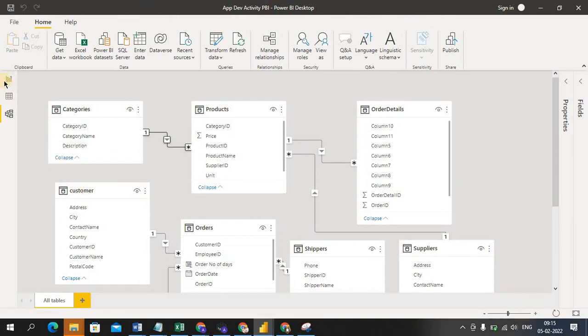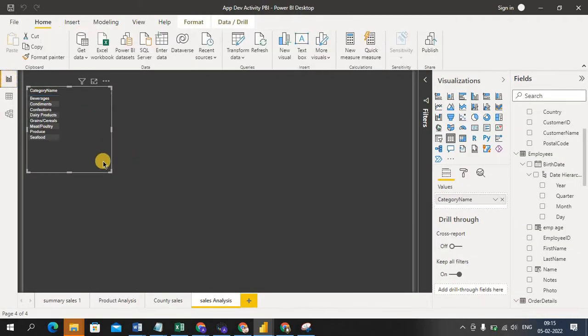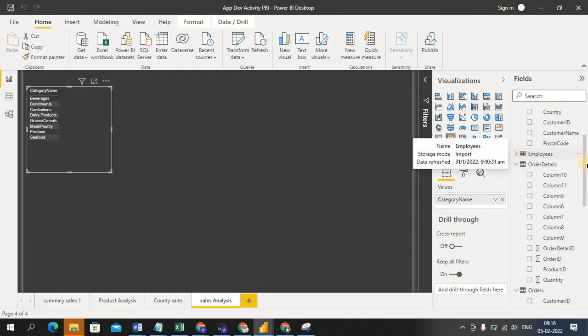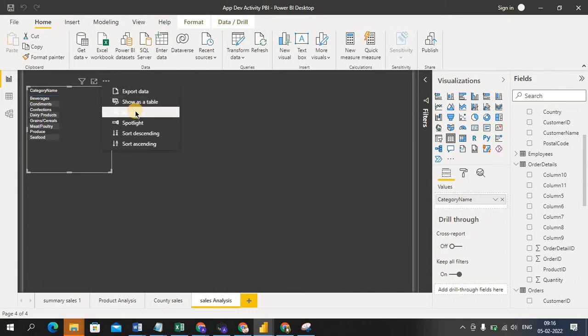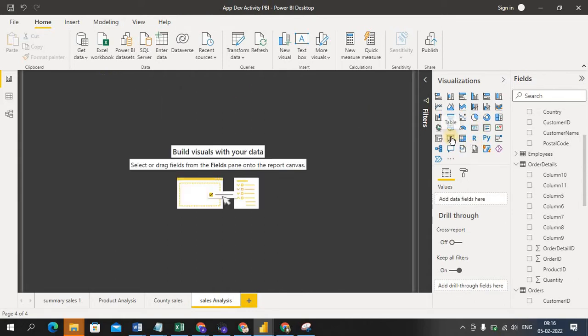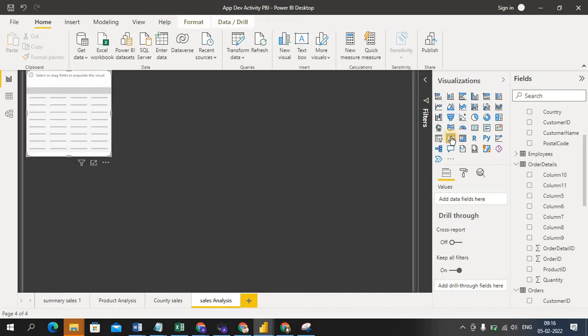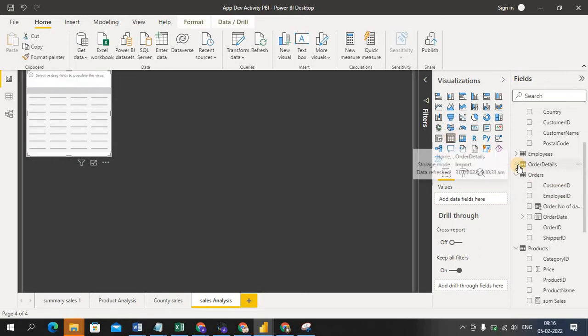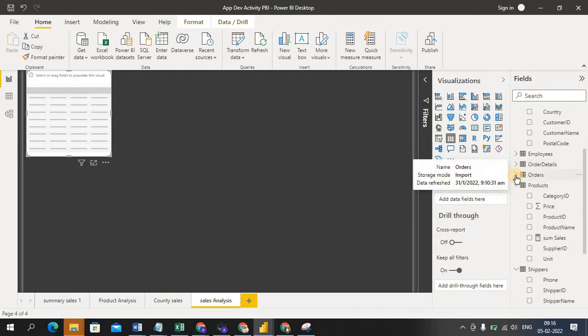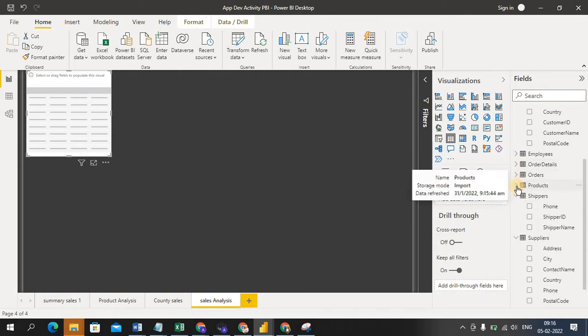From here only I can operate. Category ID, product, remember guys. So category name, I'm going to remove this. So again I'm adding table visuals. So category and the product, right? From the two tables I have to take the columns.